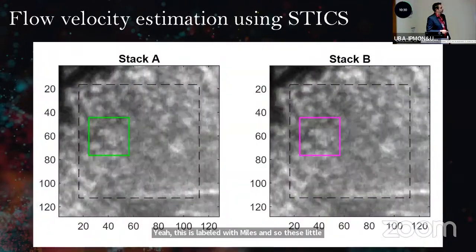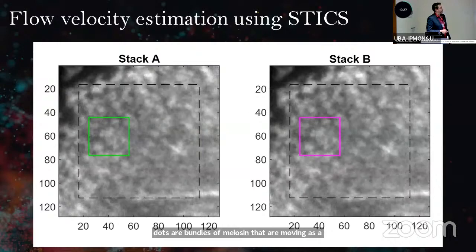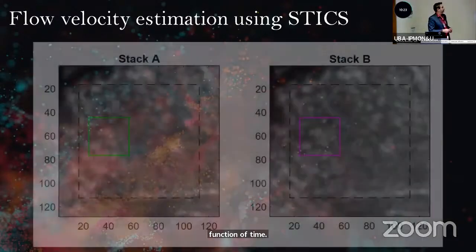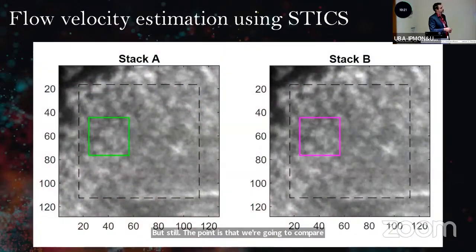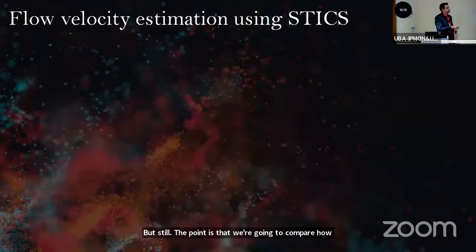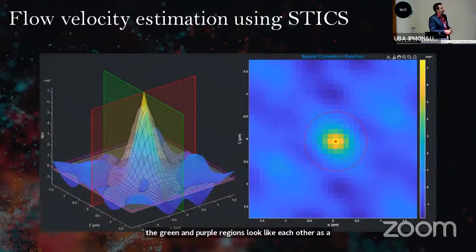Okay, it moved very quickly, but still. The point is that we're going to compare how the green and purple regions look like each other as a function of time. And when we do that, we can visualize it in two dimensions or in 3 dimensions,